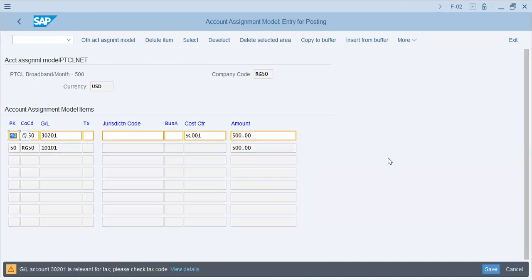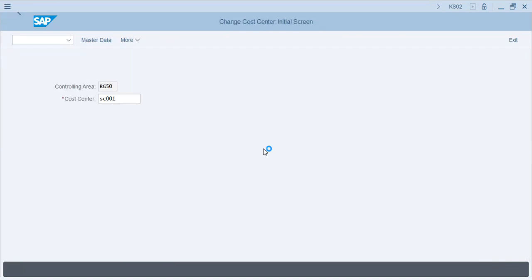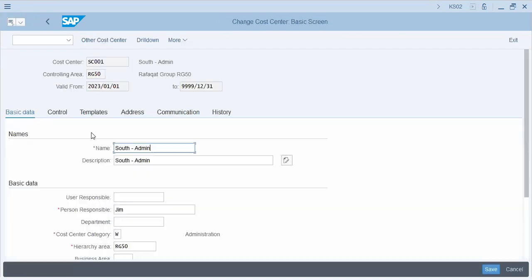Save, enter. Entry is not permitted for account 30201. Why? I'll tell you. Because we have KS02, that is cost center, edit. SC001, South admin, control, and